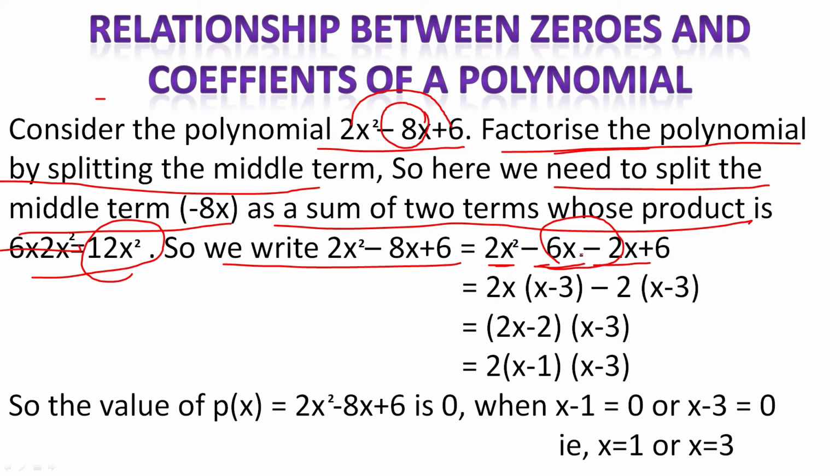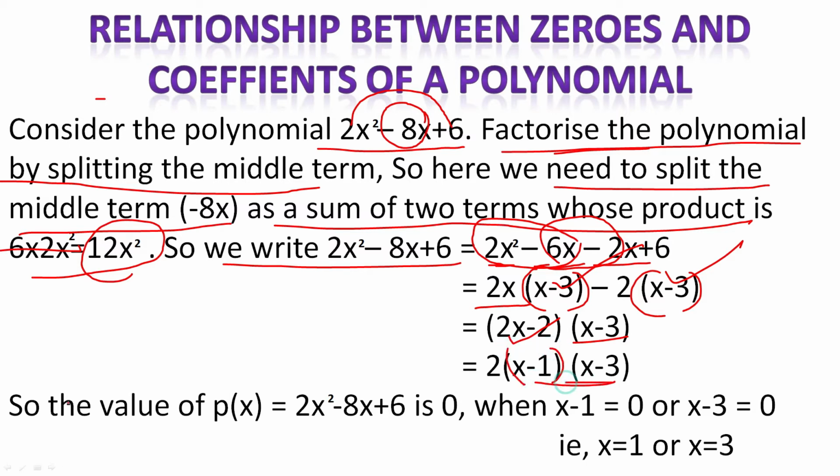Again, in the first two terms, what is common there? 2x is of course common here. So 2x you take out, remaining x minus 3. In the second case, minus 2 take it out, common, remaining x minus 3. X minus 3 appears two times, so write it one time. Remaining 2x minus 2 you put in another bracket. Again 2 is common, 2 into x minus 1 and x minus 3 as it is.